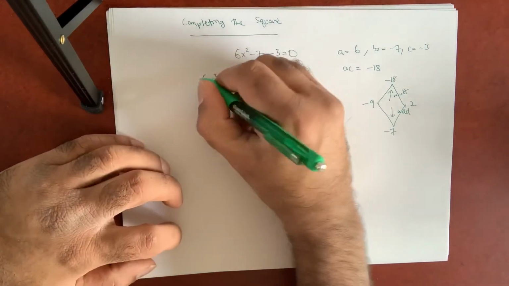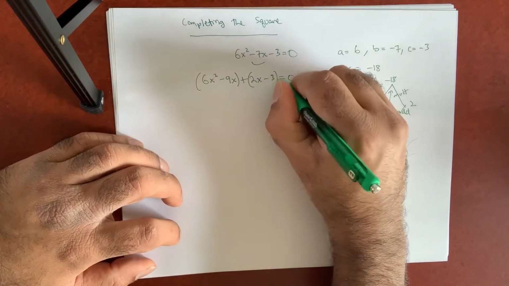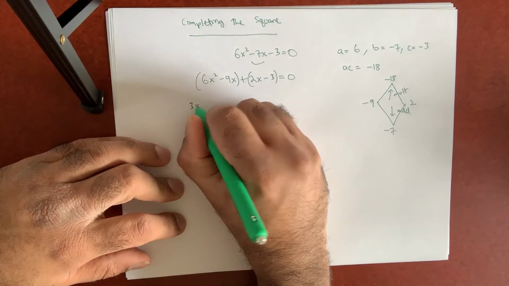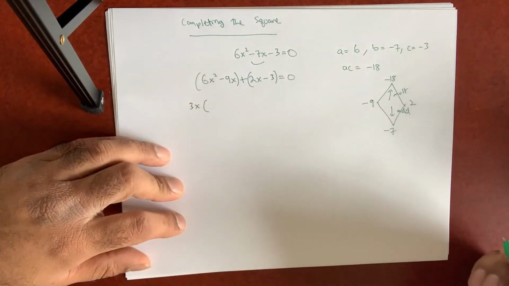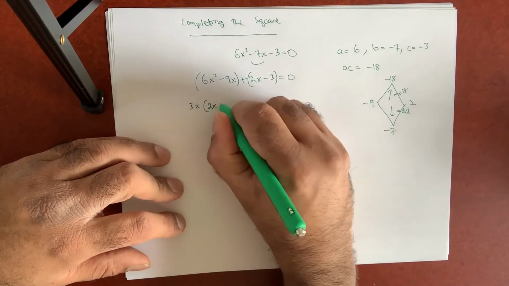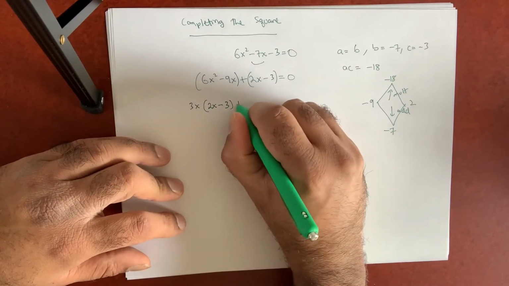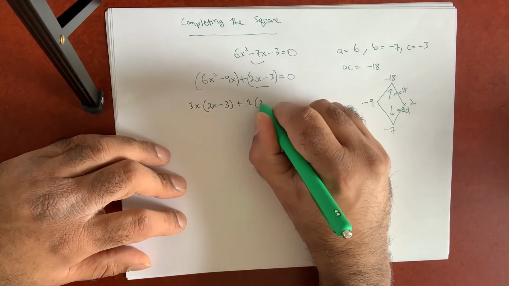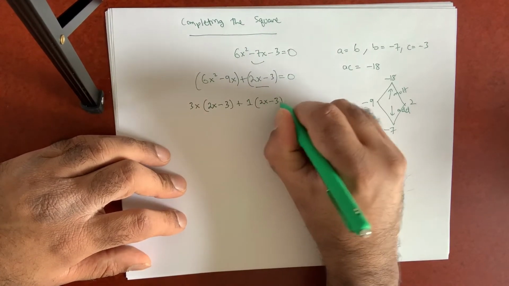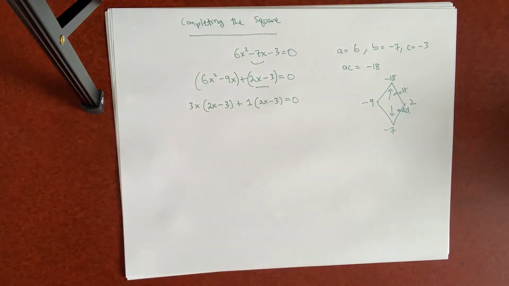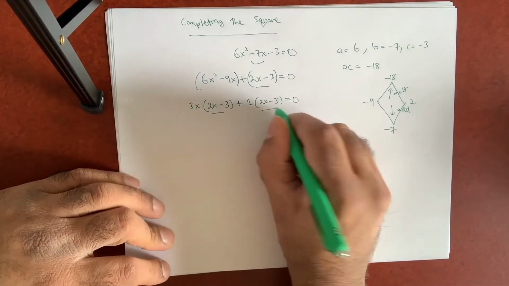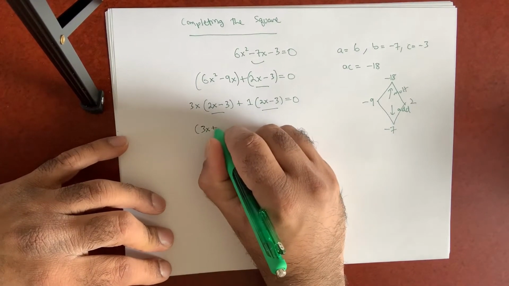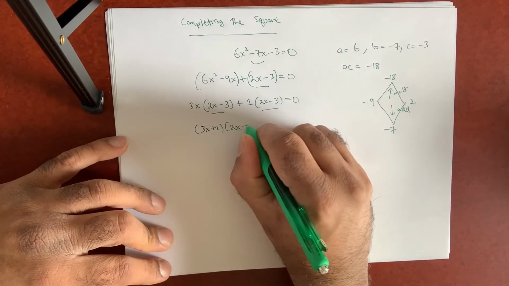And what we do now is we factor two terms at a time to get the final factorization. So from the first two terms, we have a common 3 and an x to leave us with 2x minus 3. In the second two terms here, there is nothing in common, but we can always factor out a 1. And once you do this stage, you always should have these two as the same, and they are the same. And so we have 3x plus 1 times 2x minus 3,